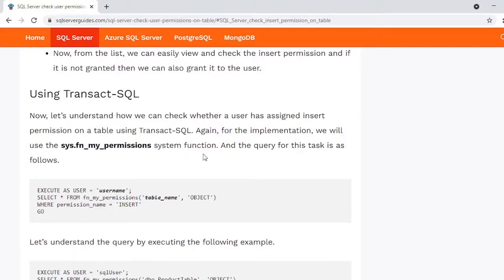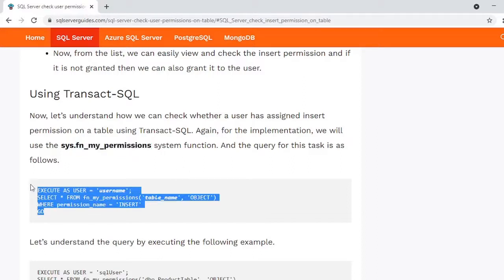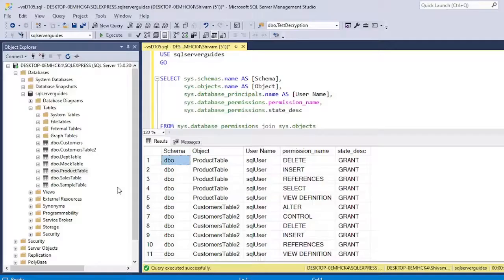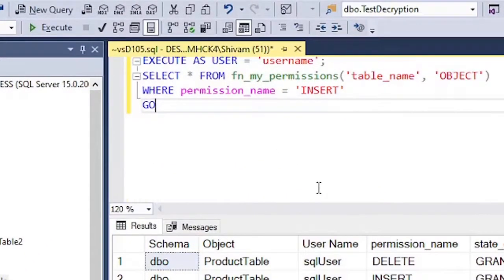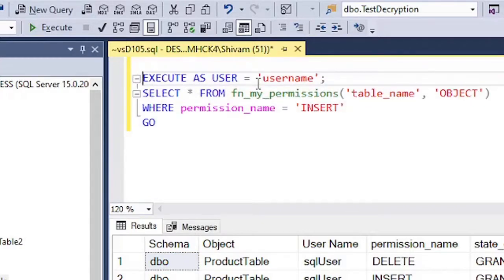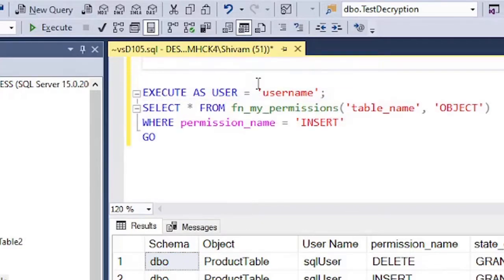Again for this method we will use this system function, which is fn_my_permissions, and this is the query that we can use. So let's copy this in the Management Studio and understand. Very first thing that we need to do here is to specify the database.